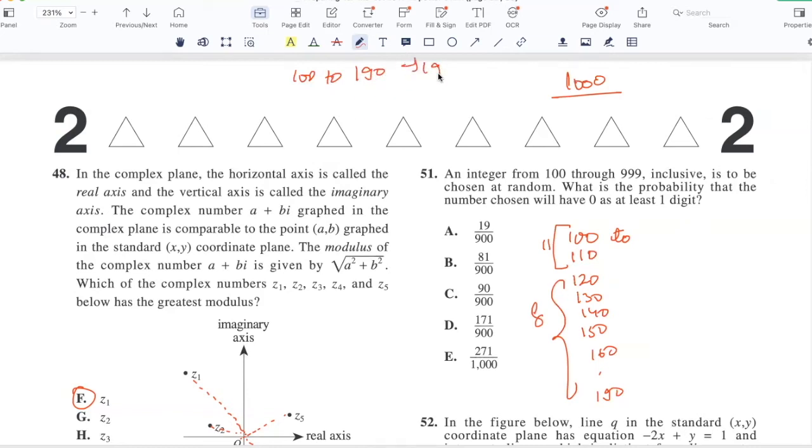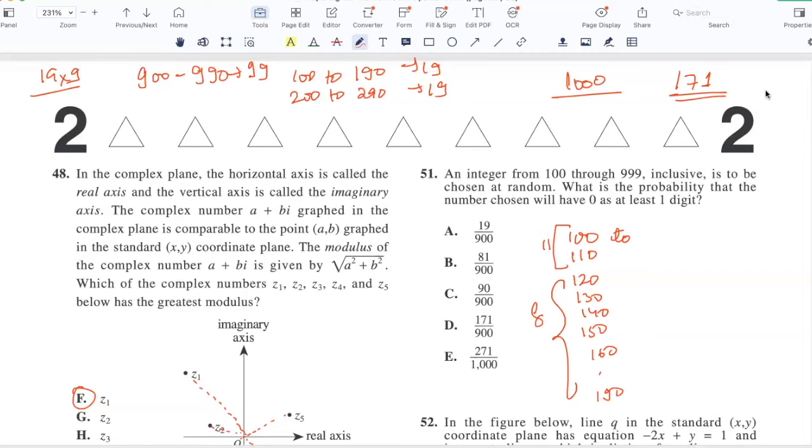So that's 19. Similarly, 200 to 290, another 19, right? Okay. So till 900 to 990, it's another 19. So this becomes 19 into 9, right? Am I missing something? No. So 19 into 9. So that should be 9 into 9, 81. 1 carry 8, 17. So it is 171 by,